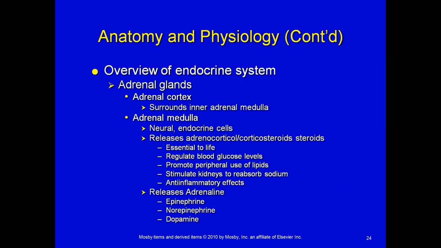They help regulate blood glucose levels. They include cortisol, aldosterone. They promote the peripheral use of lipids. They stimulate the kidneys to reabsorb sodium, and they also aid in anti-inflammatory effects. The adrenal medulla also releases adrenaline, which we know, of course, is the synthetic man-made epinephrine,